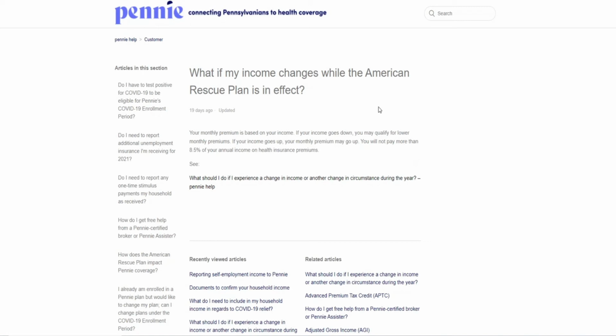And for a lot of individuals, for a single person who makes more than 51,000 a year, for a family of four that makes more than 105,000 a year, for a lot of people who would be over that subsidy cliff, now that that subsidy cliff is gone, they'll be in a position where they'll have some assistance paying for their insurance.